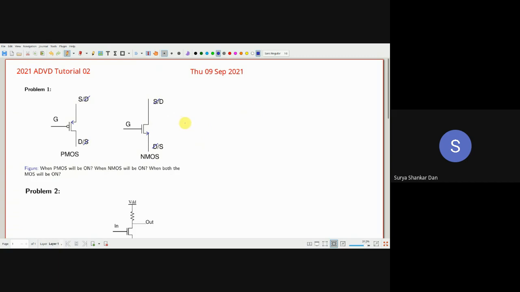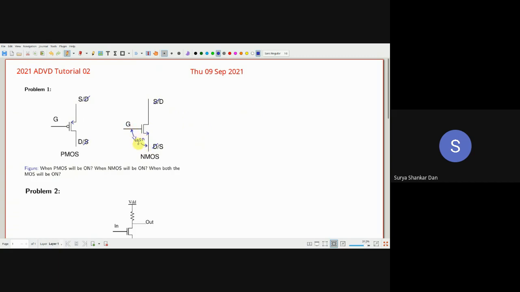Now, the reason why I always prefer to put the arrow symbol is that it will help us identify the source specifically. Now for NMOS, which is the standard way by which we learn the MOSFETs, this voltage we can write as VGS, the gate to source voltage, for the NMOS. So I'll put one N over here.